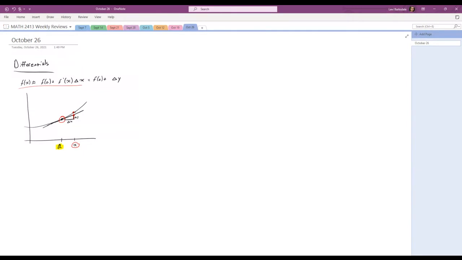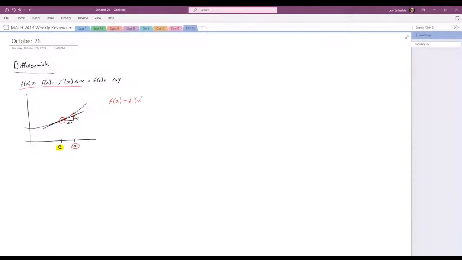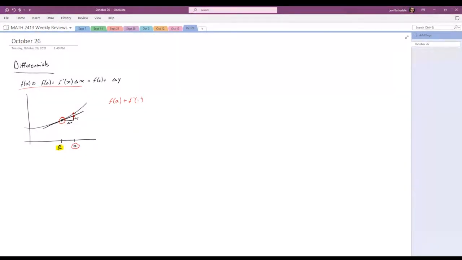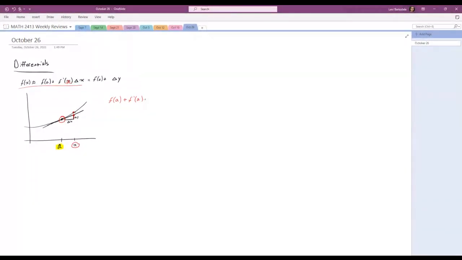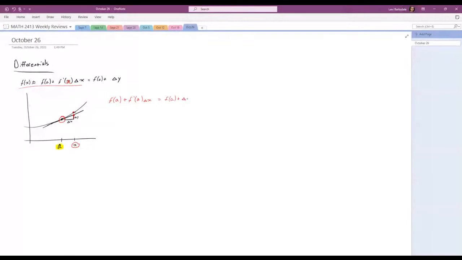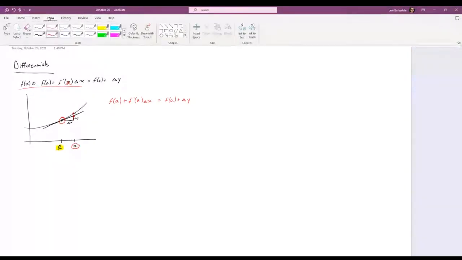And the way we get that is we simply take our function value at A and then add our slope at that point A. Sorry, this should be an A as well. And then multiply it by the change in x. And this is the same as saying our function value at A plus a small change in y. So for example, if we wanted